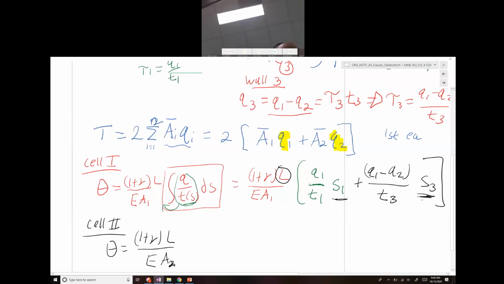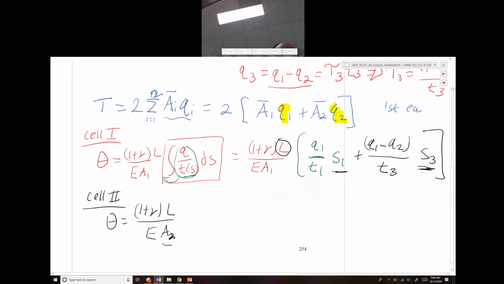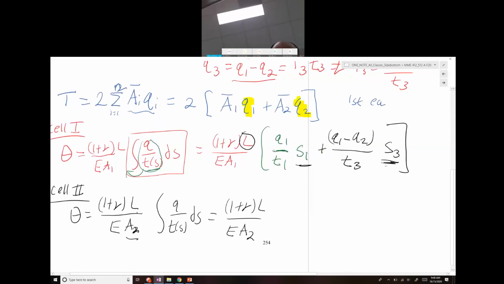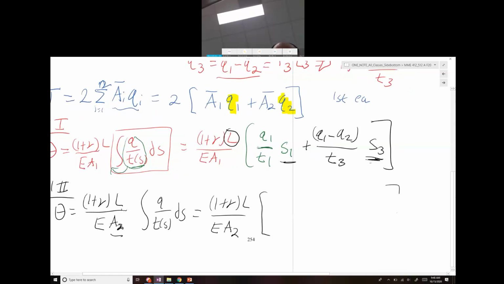All right, so use the second area instead, and then it'd be the same integral. So again, these are all constants, so we can just keep them out in front. All right, and then we're given